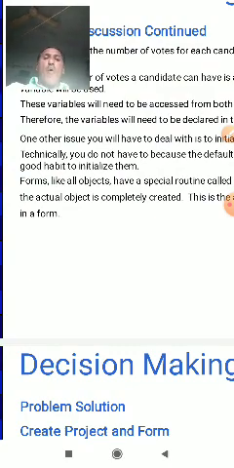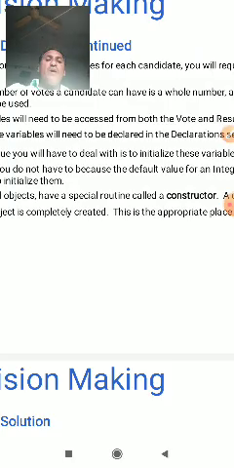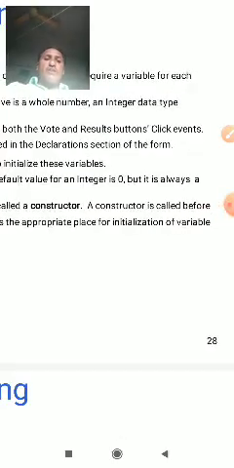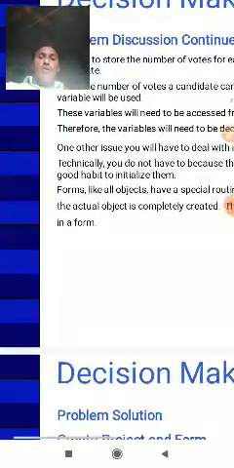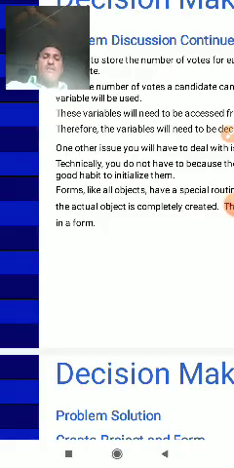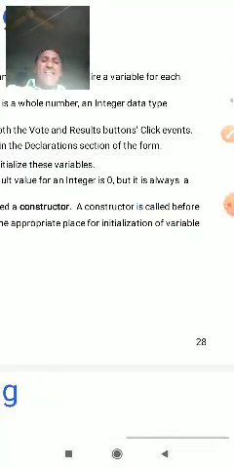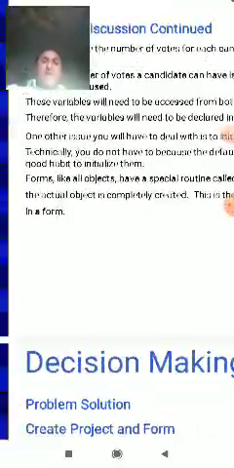The form, like all objects, has a special method called a constructor. A constructor is called before the object is actually created. This is the place for initialization of variables in the form.